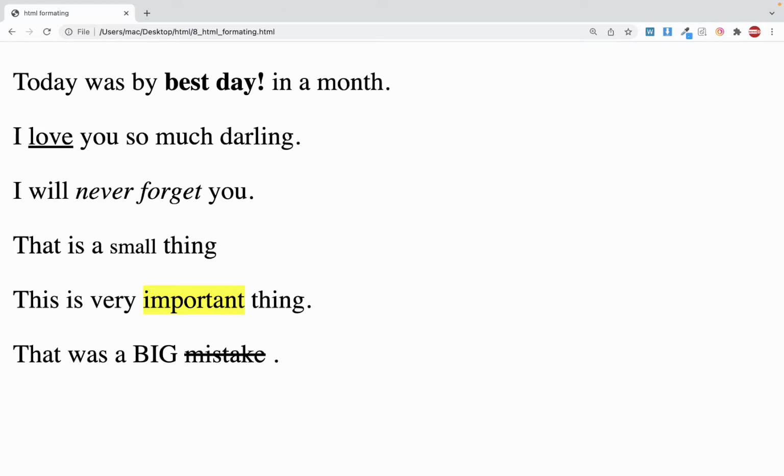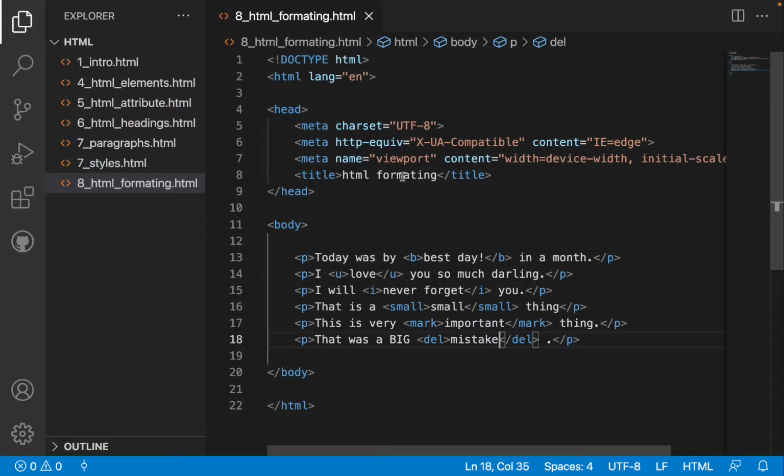content using HTML formatting. When I share the slides with you, come and play with these examples so that you can understand them properly. Let me close my video. We proceed